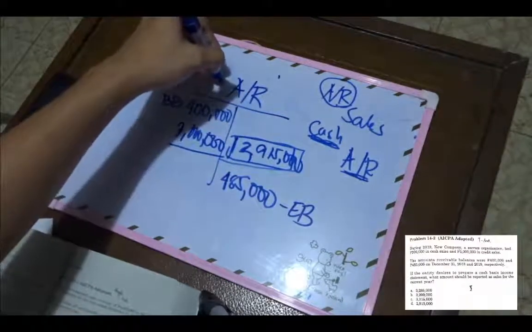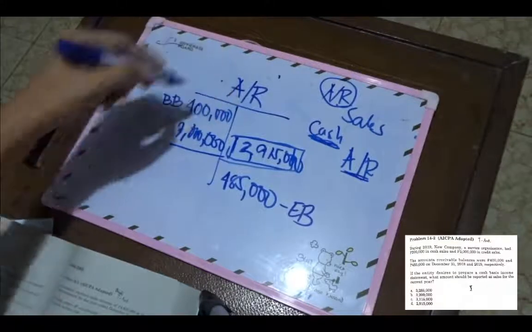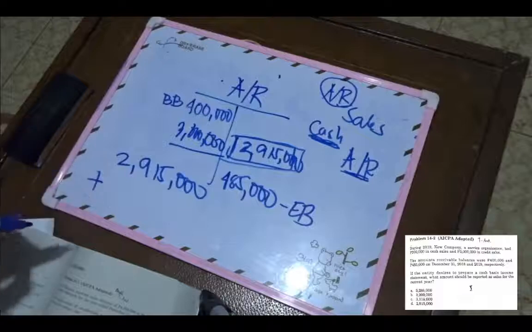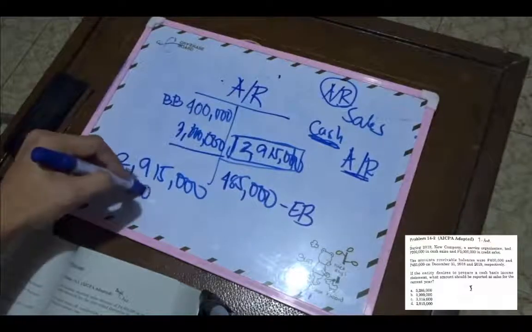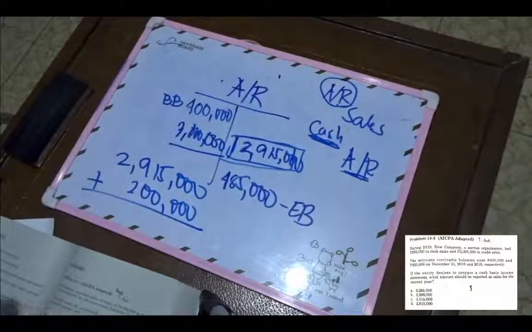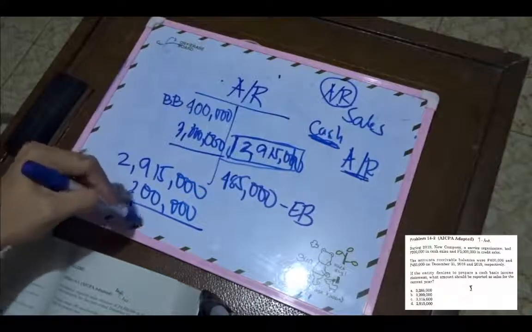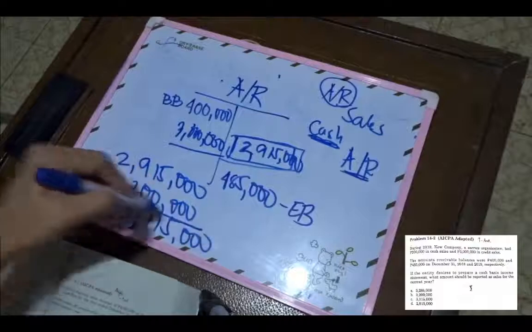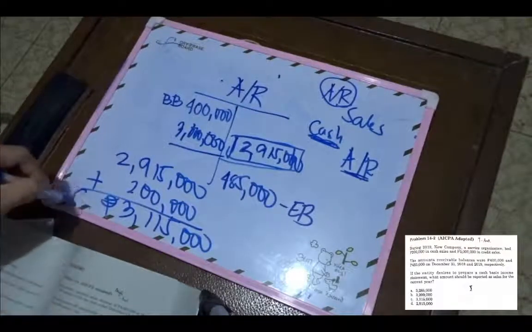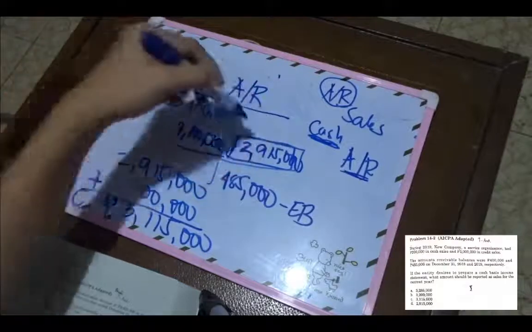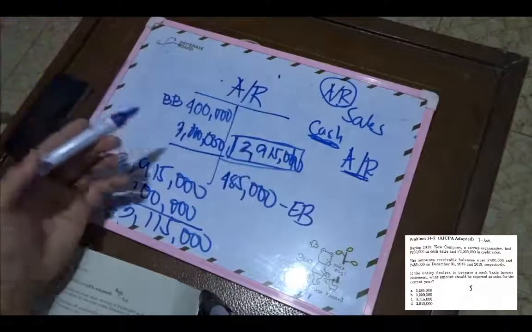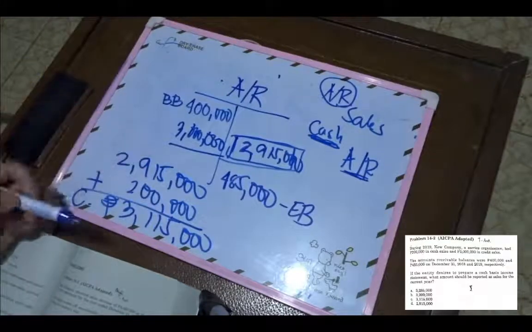But we will not stop there because the problem provides us for a cash sales amounting to 200,000. So you add 200,000, you will get 3,115,000. Okay, so that's letter C. So if you notice, we just used one T account. Okay, one T account, then solve for the cash collections,